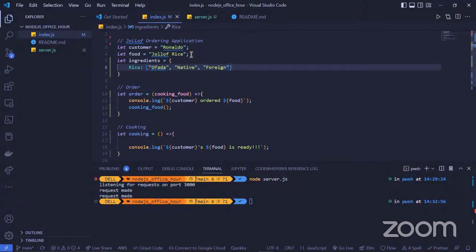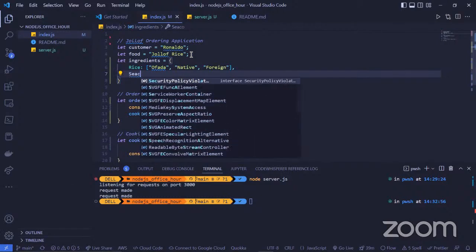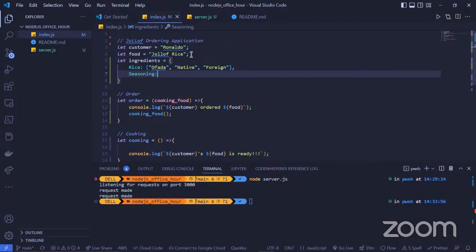And we can add the types of seasoning we want to use. I don't know how to spell it, but we have salt, we have onga, we have Maggi.